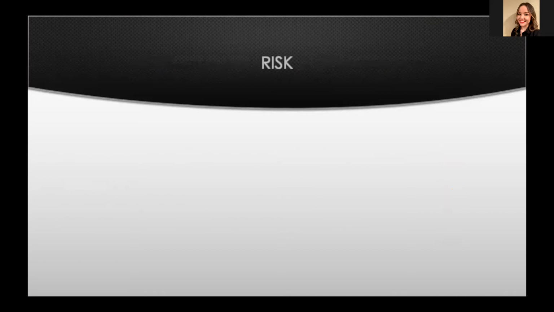Let's talk about risk first, which I think is the more complicated aspect. You'll also come to learn that the term risk is used in the financial industry as well. Financial risk is very different from cybersecurity or information security risk. They're talking about, maybe as a creditor, the risk of you being able to pay your bills or the business going under. So when you're looking at job descriptions or requirements, make sure you understand the difference between financial risk and what we're talking about, which is cybersecurity risk.